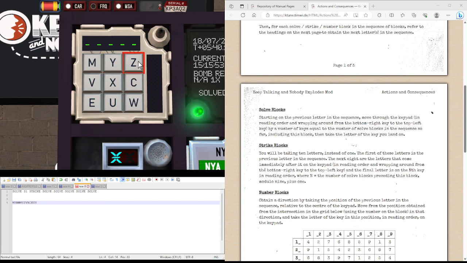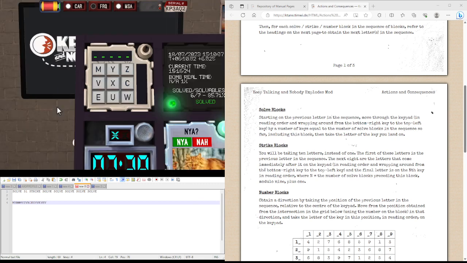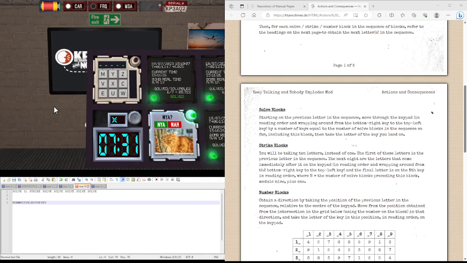So 2 from here, we get V. 3 from V, we get 1, 2, 3, E. 4 from E, 1, 2, 3, 4, we get Y again. 5 from Y, 1, 2, 3, 4, 5, we get back to E again. And then 6, 1, 2, 3, 4, 5, 6. So this is our final sequence we're going to type in, hopefully. I messed it up. So we're going to type in